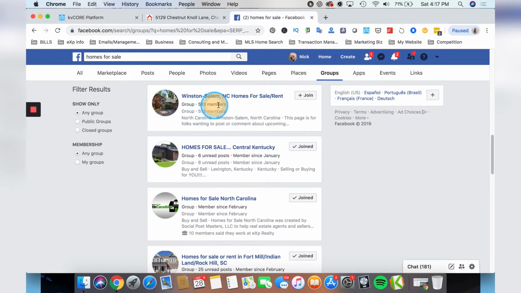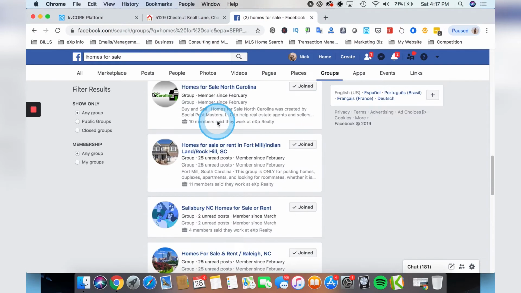And the ones that I haven't joined show you how many members are in these groups. And you can see that each of them has a lot of people in there, right? So this one here for Winston-Salem, North Carolina, homes for sale / rent, 513 members. A lot of these, I've seen a couple have 20,000 plus members in them,